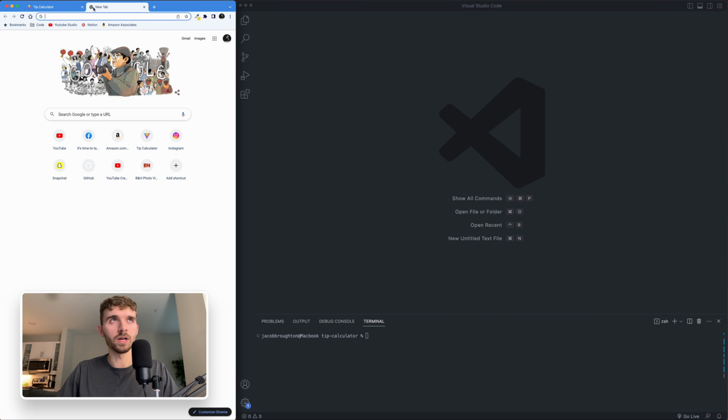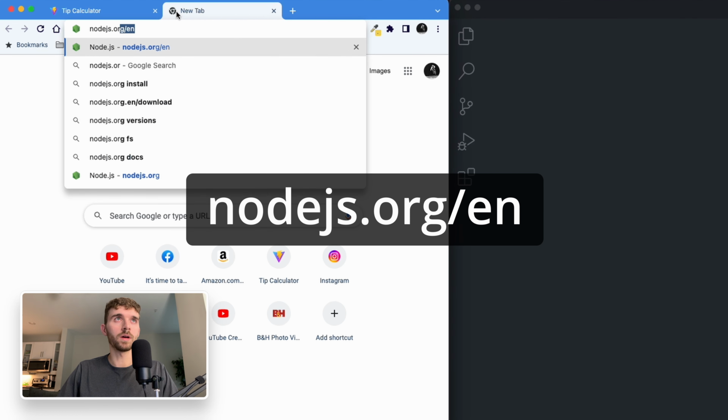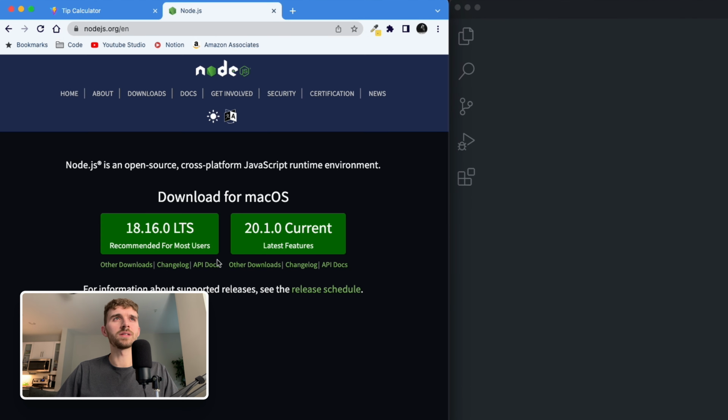To get Node, you're going to want to go to nodejs.org/en and download this latest stable version. It's the LTS version. Just download that. After you're done with that, go to